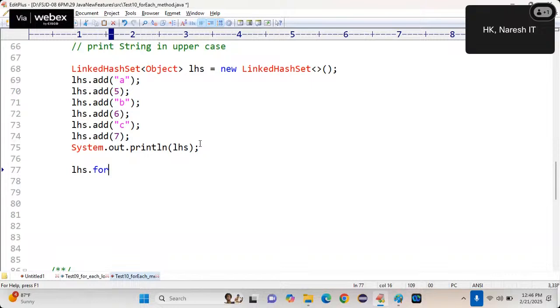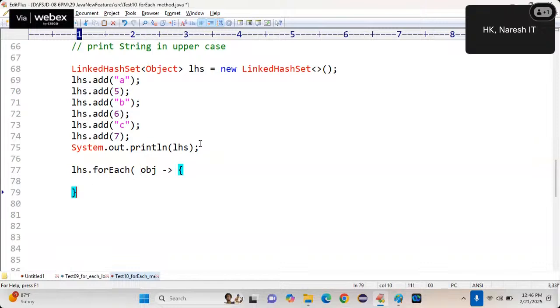Now what is the method name? forEach. Old style or Java 8 style? Java 8 style is what? Hide the for loop and use its abstraction method forEach. forEach takes a Consumer as an argument. Consumer implementation object, arrow. What do you want to do? You want to consume the objects directly, no? No. What should I do?